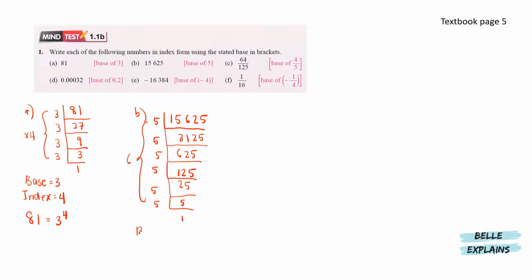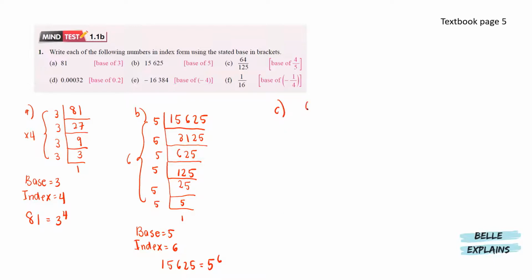So here we know the base is 5. The repetition is 6. So 15625 is 5 to the power of 6. Next for C,